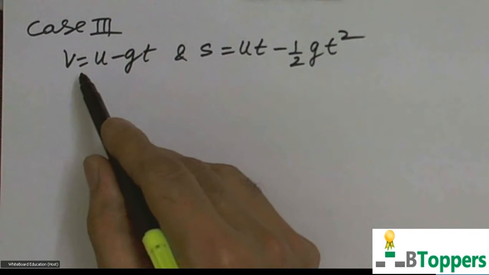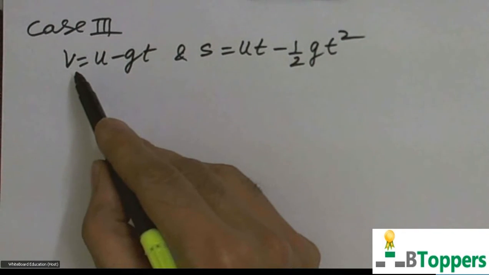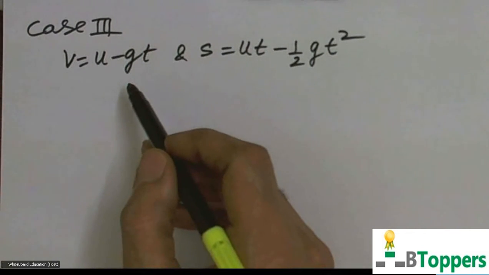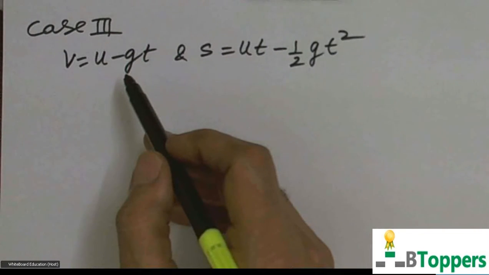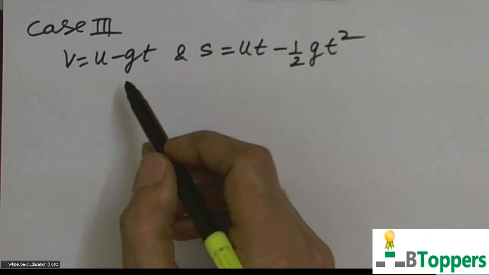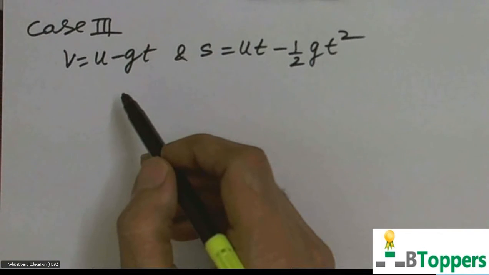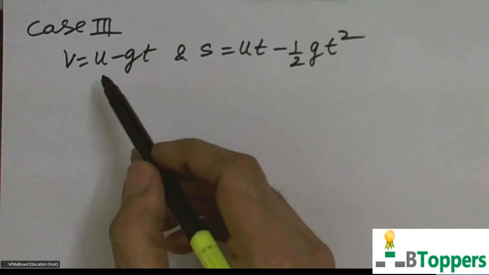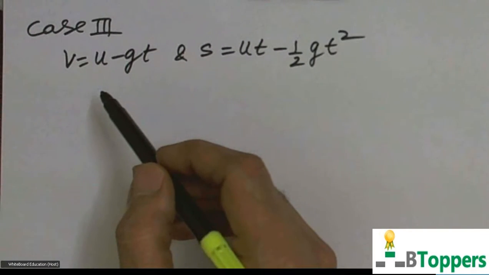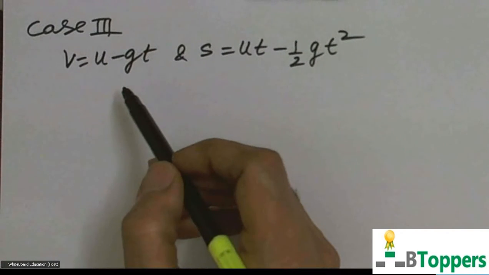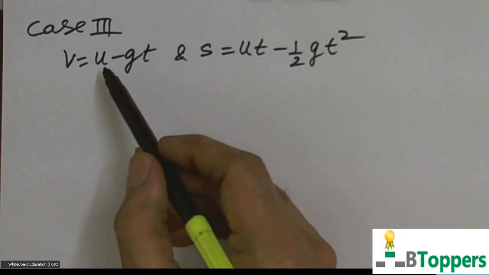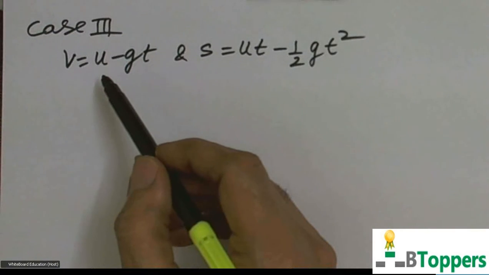So here velocity decreases uniformly with time during ascent, and velocity will be 0 at the highest point. And during the downward motion, the magnitude of velocity increases in the opposite direction. So if velocity is given a positive sign for upward direction, you get a negative sign for velocity during the downward motion. When the body returns to the point of projection, it will have the same velocity equal to u in magnitude, but directed oppositely.